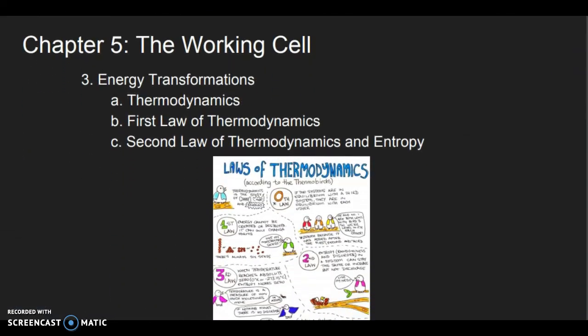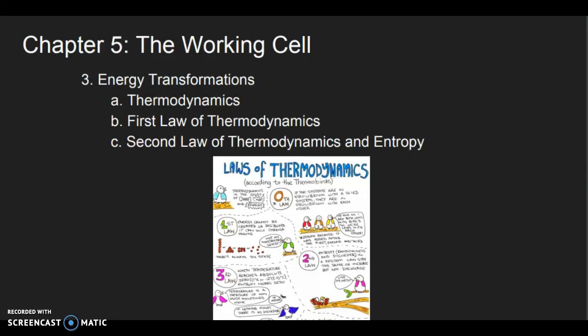Now, in order to understand energy, we have to take a look at energy transformations. And this all relates back to the laws of thermodynamics. Whenever we understand these laws of thermodynamics, we can understand more how we cannot simply create energy out of thin air, but rather we have to recycle it. So the first law of thermodynamics states that energy can neither be created nor destroyed, but rather it has to be recycled and repurposed and put through its different forms.